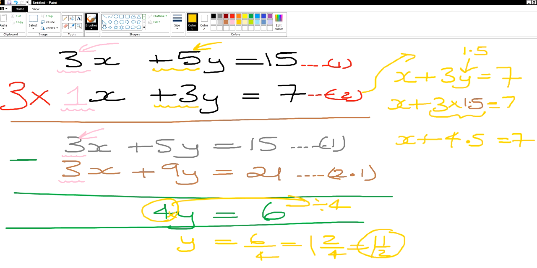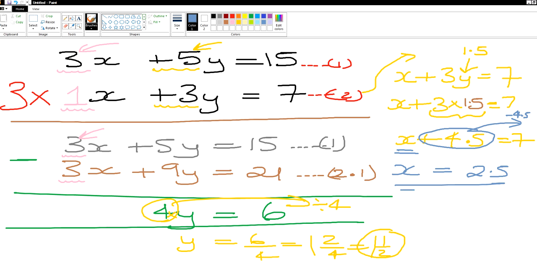Okay, Mr. Hamza, sitting over here at the front next to me, young man. I want to work out the x. What do I do now with this plus 4.5 on the other side? So the x is equal to 7 minus 4.5. That gives you 2.5. Well done. So the x value is 2.5 and the y value, just to copy it back up again, is equal to